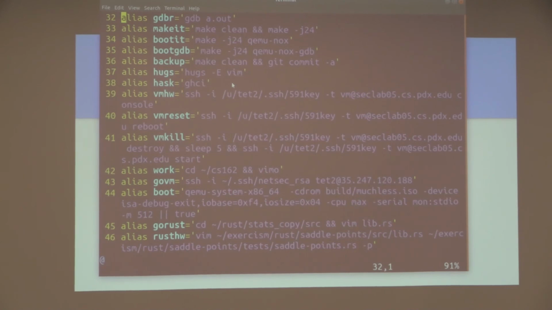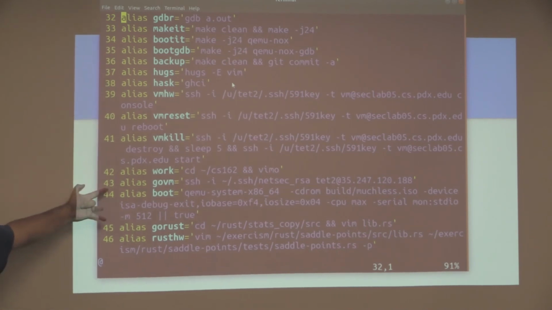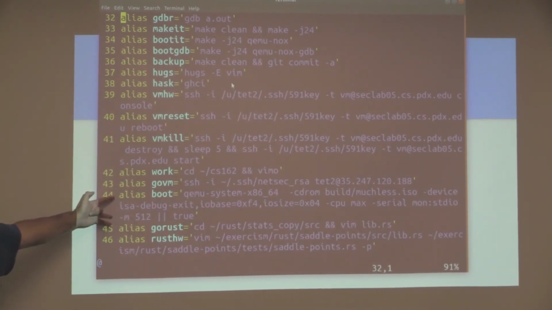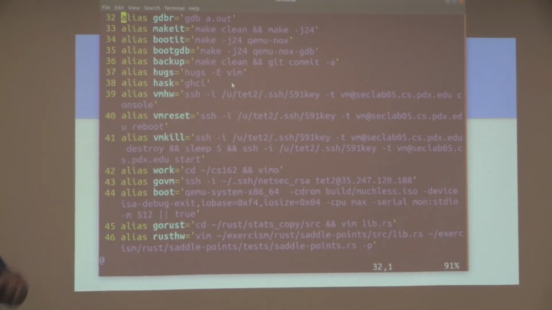I want you to make it personal. So when I took CS333, this was my boot command. This is an entire command that I ran several times a day. I do not remember what any of that stuff does. But I know it made my virtual machine boot. And that's all I cared about.